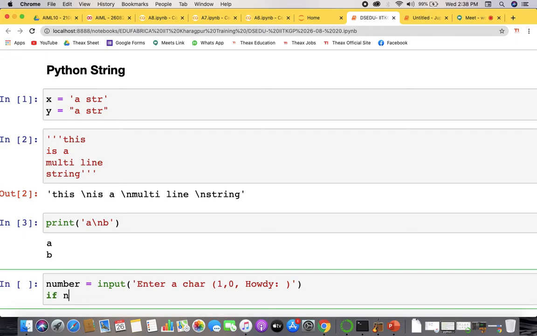Like, if this number equals 1, then you print that it is an integer, or whatever is asked.